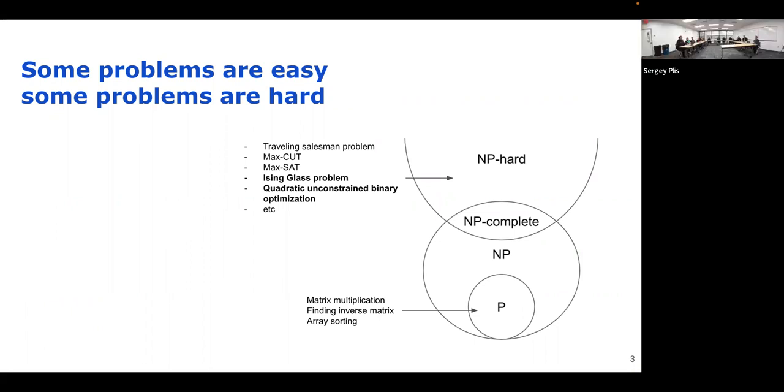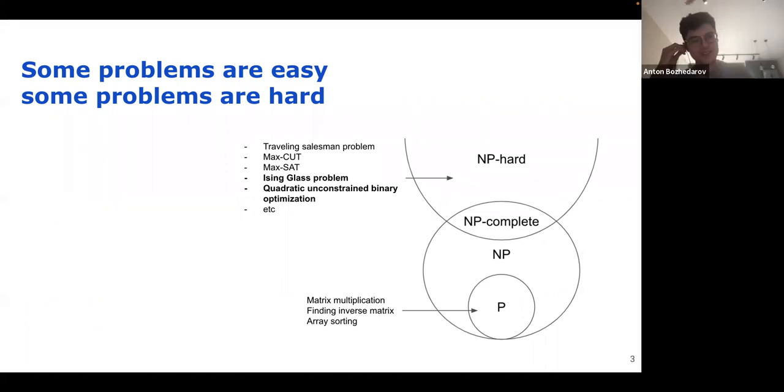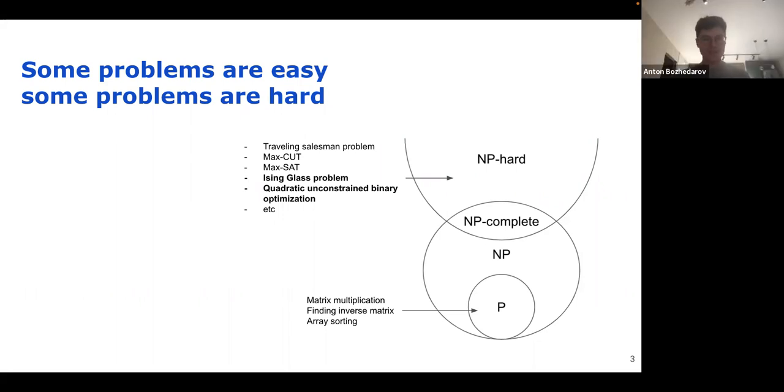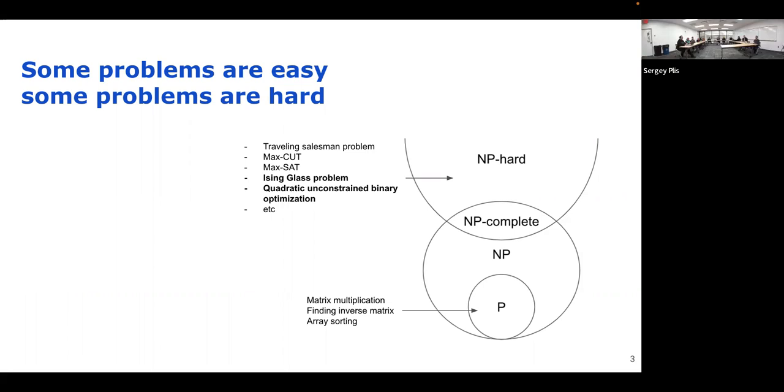Can we dwell on this slide just a little bit? So are you claiming that quantum computers will solve NP-hard problems? No, of course not. We don't know any device or any techniques that could solve NP-hard problems, but we should understand that there are some NP-hard and P-hard problems that some devices could solve a bit faster than classical computers.